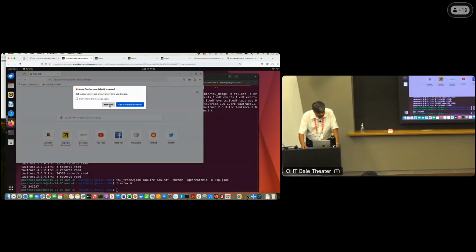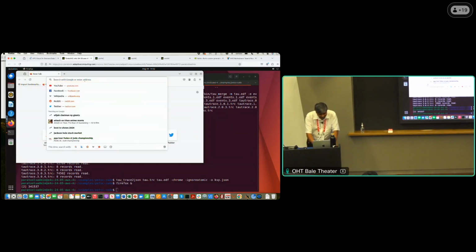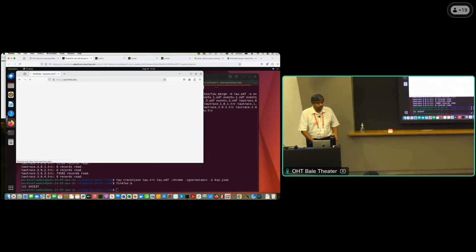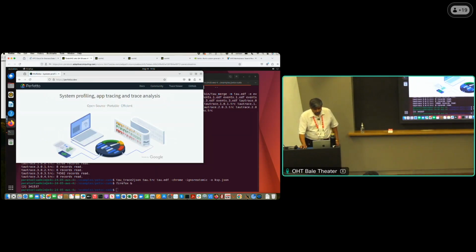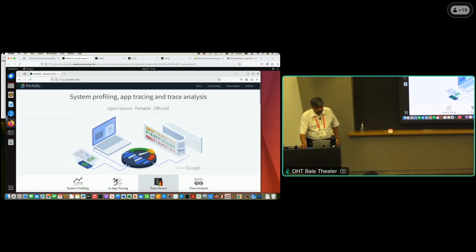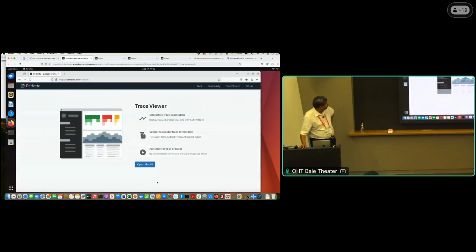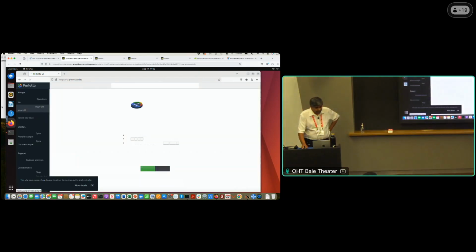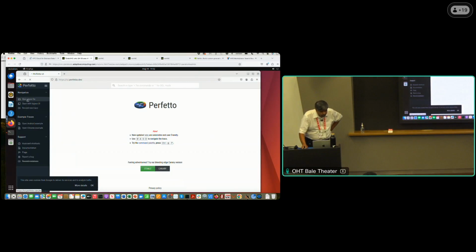I don't want to set this as a default browser. Go to perfetto.dev. Perfetto.dev is a trace browser created by Google. I can click here and say, click trace viewer, open the UI, and now I'm opening the user interface for the trace visualizer, where I can then say, open trace file,